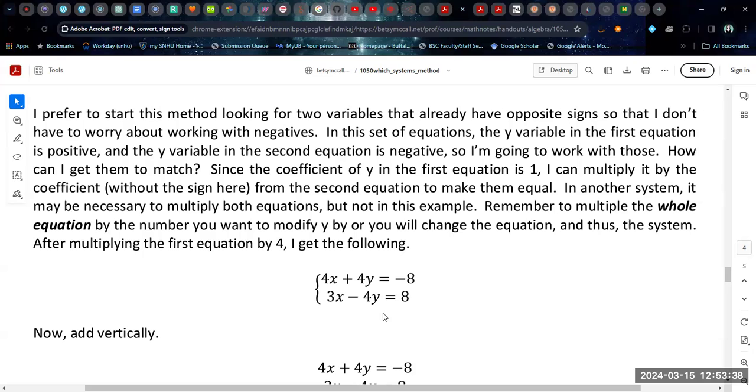I got the coefficients to match, but with opposite signs, by simply multiplying the top equation by 4. So before I had x plus y is equal to -2. When I multiply everything by 4, I get 4x plus 4y is equal to -8. So you have to remember to multiply the whole equation, both sides of it, by 4. And now if I add vertically,